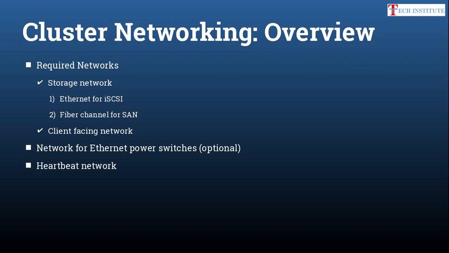Now the next network is the heartbeat network. The cluster uses heartbeat to sense the status of the other nodes, or all the nodes in the cluster. Previously what we used to do was design the heartbeat network on a separate network. Now there is some problem. Instead of that, if you use the same client network, which is the network you are using to access the services on the cluster nodes, then if there is any failure in the link, it can sense it actually.